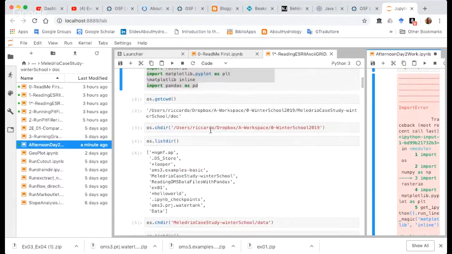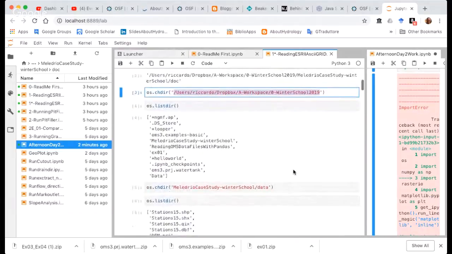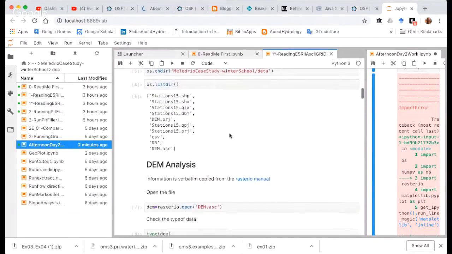You just have to change the work path here, which is my work path. You have to put your own. Then the rest is here. I look at what is in the directory. Looking at what there is in this directory in particular, you see there is this file